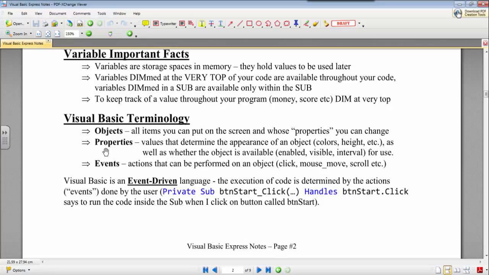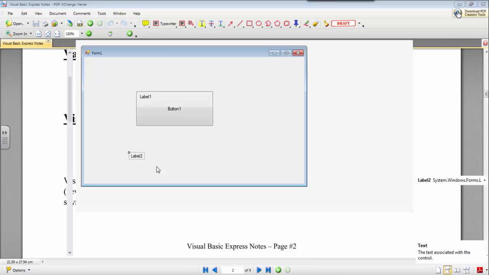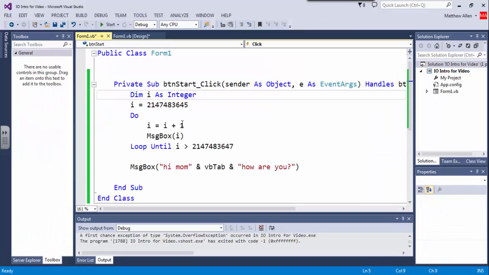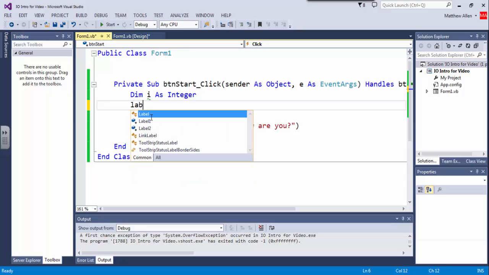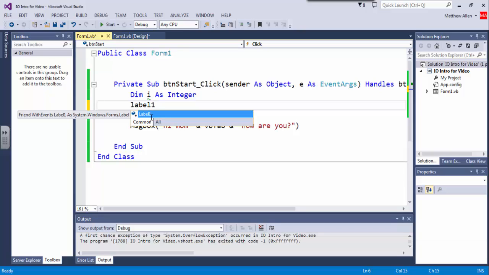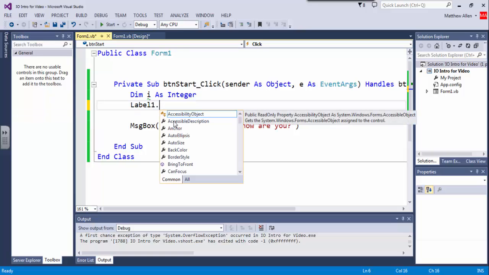Properties are the different attributes, let's say, of the objects. So the things that change the way the object reacts, or more importantly, appears on the screen. When I go in here, you can kind of ignore this stuff. This was me playing around. But if I type something like label 1, now again, probably would be better if I had a better name than this, but for our purposes this works, and then I press the period, I see a list of things that I can change about my label,